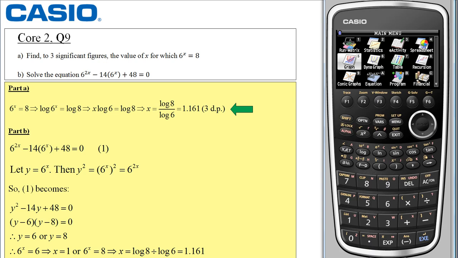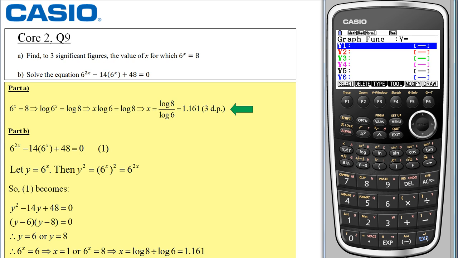I'll use the graph function menu, option 5, and the first function I'll key in is 6 to the power x. And if I select execute, my second function is 8. Of course, that means the function y equals 8. And if I select execute, I want to draw these and look at their point of intersection, because that will give me the correct value for x. So if I select F6 to draw,